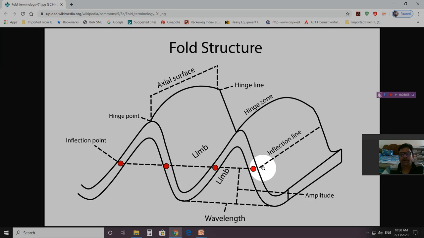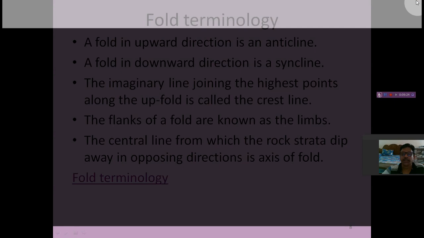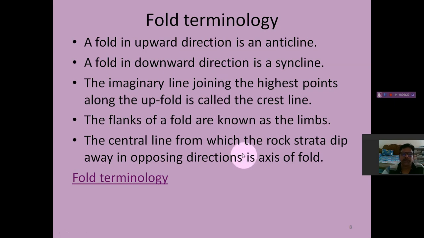It is important to understand what is inflection point. Inflection point is the point, these are the inflection points, where the curvature changes. The limb is straight here, isn't it? Here the curvature starts changing, means from here somewhere. It is not here, remember. It starts changing from here. This is what the picture says. So this picture will be helpful for you to understand the fold structure. The same thing is given in all this slide.